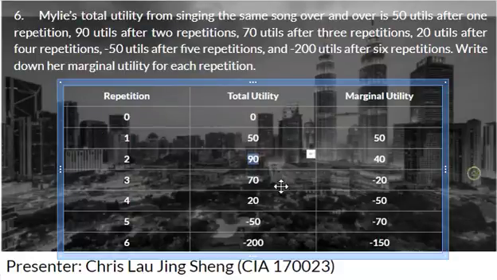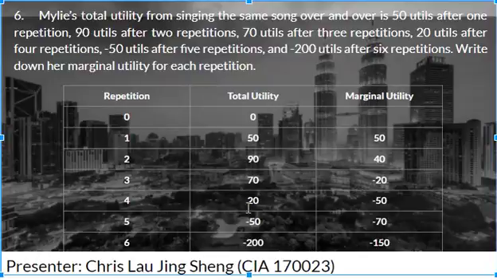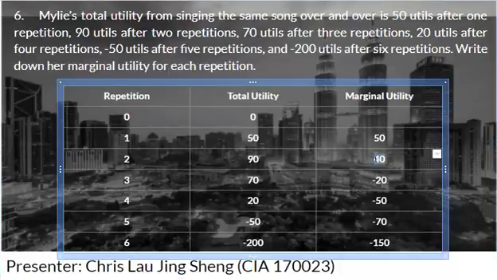We tabulate it, so we obtain a repetition and total utility. Marginal utility is actually the difference of total utility divided by the difference in the number of repetitions. So for the first repetition, it will be 50 minus 0 divided by 1 minus 0. Basically in this case we increase every 1 repetition, so the marginal utility will divide by 1 in every case. So for the second, it will be 90 minus 50 divided by 2 minus 1,